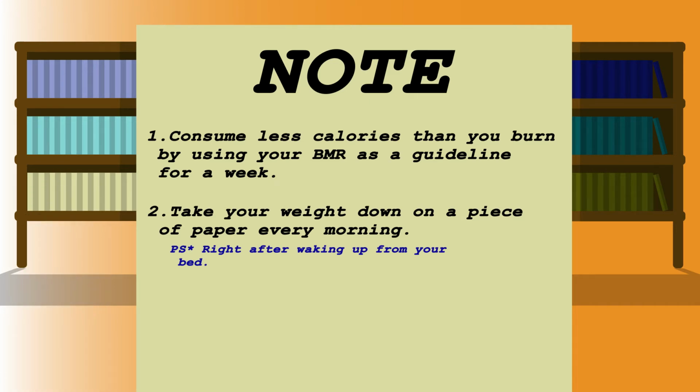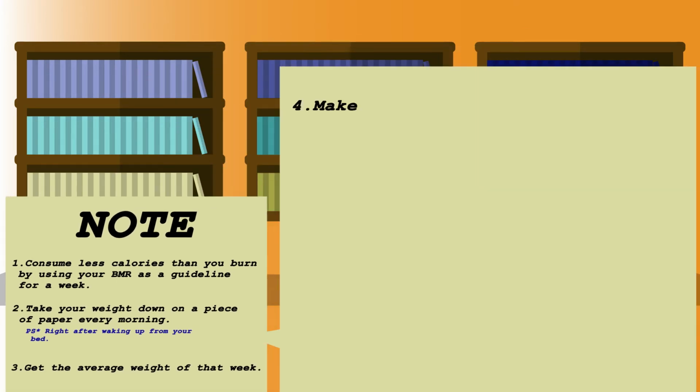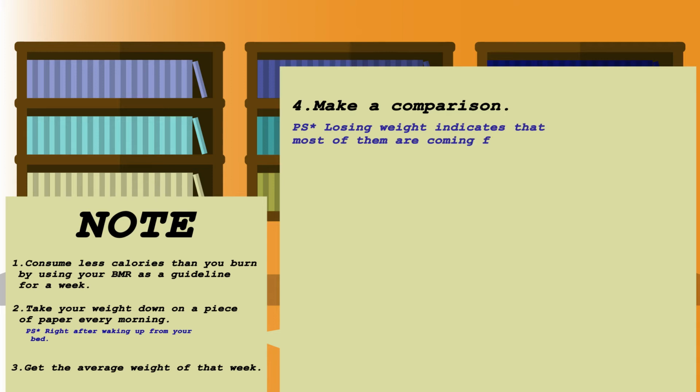Take the weights you got for that week, sum them up and divide by 7 to get your average weight for that week. Now, here's the thing. Compare the average weight with the weight before. What would you notice from that difference? Well, surely you will see yourself losing a significant amount of body weight. Don't be too excited about the result. Keep in mind that a very high percentage of your weight loss is coming from water weight.